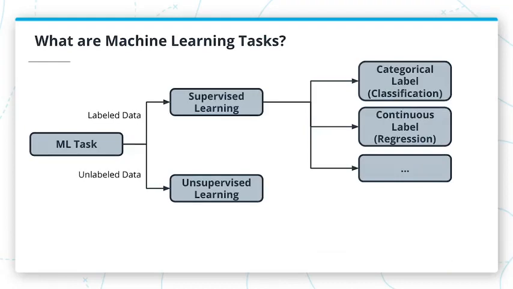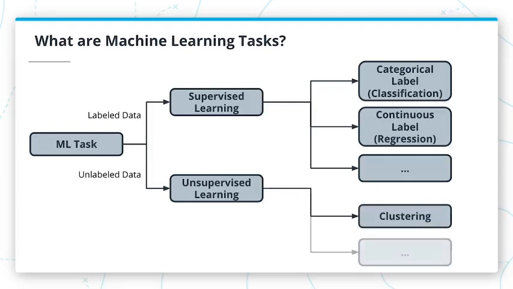Similarly, with unsupervised learning, you can further narrow the scope of the machine learning task you're working on. In our book microgenre example, clustering is one common application of unsupervised learning. As you explore the machine learning space, you will find many other types of unsupervised learning tasks, such as neural networks.